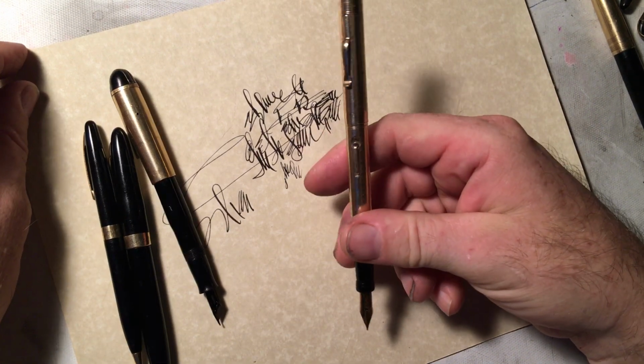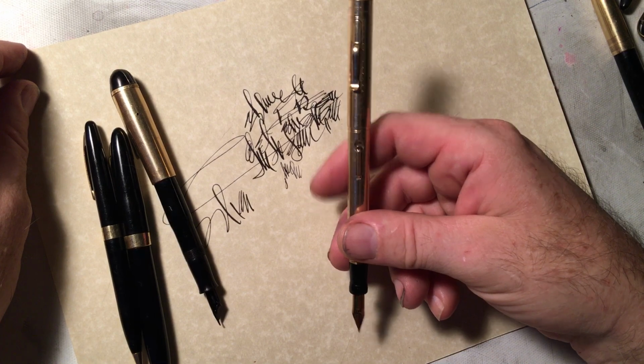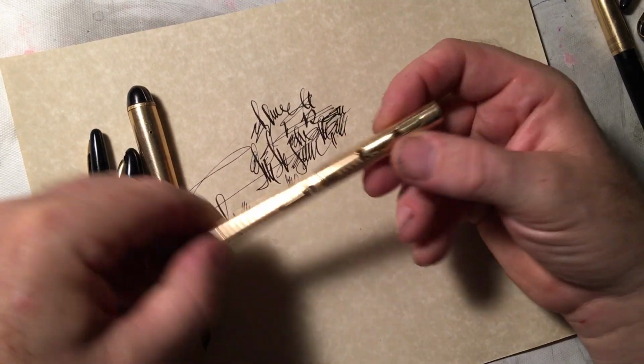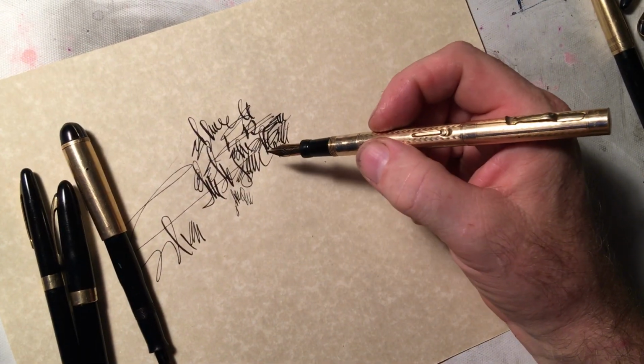So this pen is masculine and a little stoic. There's something about the straightness of the barrel and cap that,